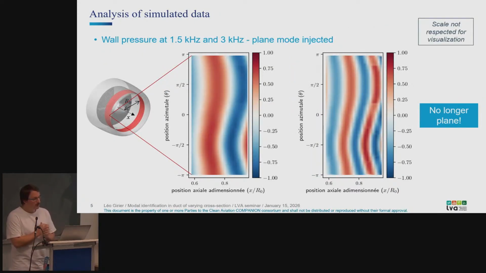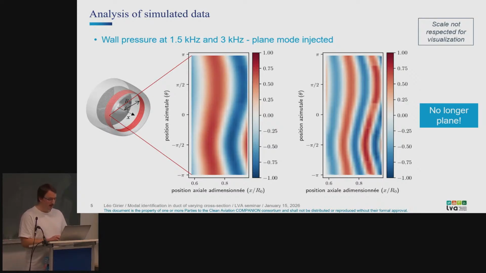So here we take a look at the plane mode injected in the inlet plane at two different frequencies, 1.5 kHz and 3 kHz, along this red wall band, as I mentioned earlier. So here at 1.5 kHz and 3 kHz, you can clearly see that the plane mode actually is no longer